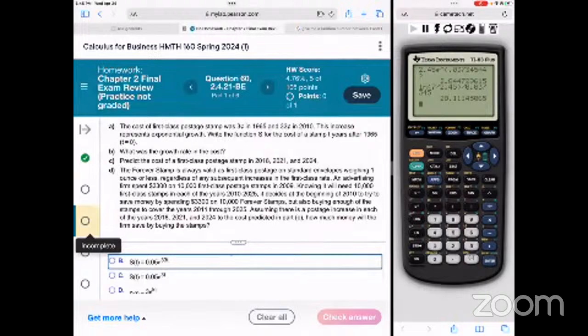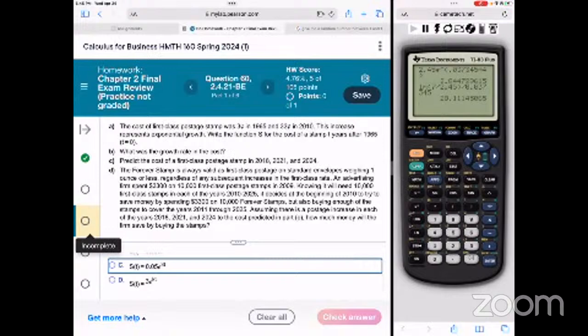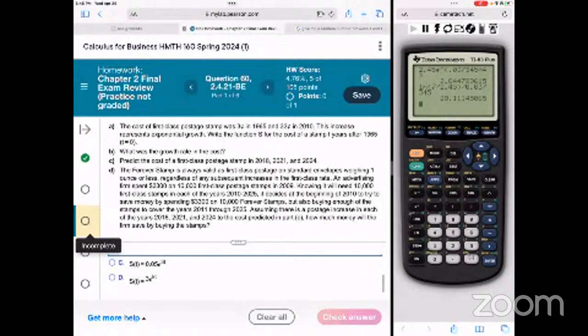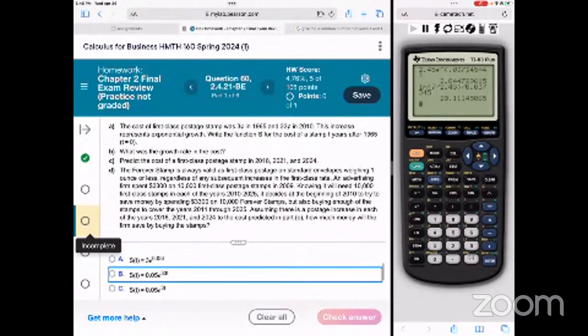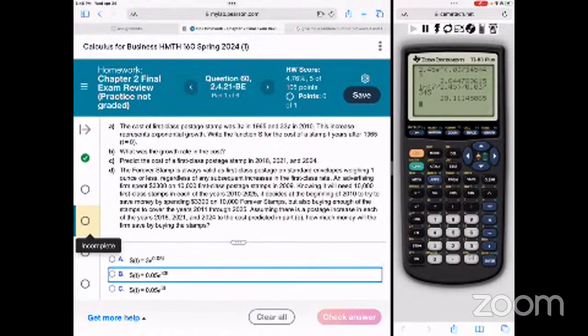How many years later is that? That's 30, 45 years later. Is that 45 years later? Let me see. We could solve. I feel like it's either A or D since it's multiple choice. I mean, we can solve for the rate. Write the function of the stamp T years after this. It's either A or D. We could write it out, but in the interest of time,